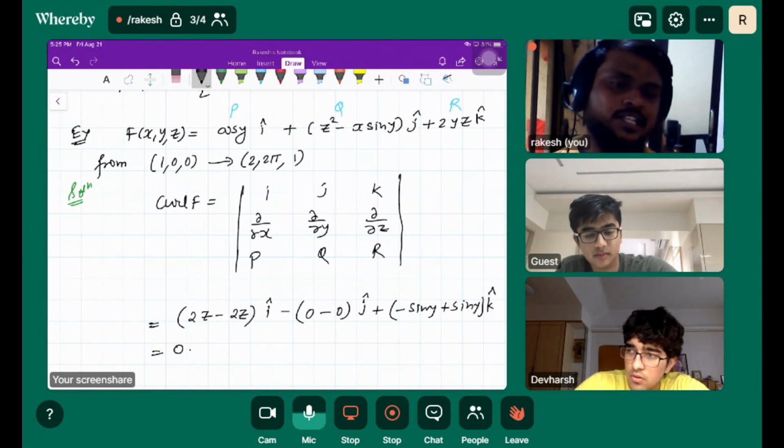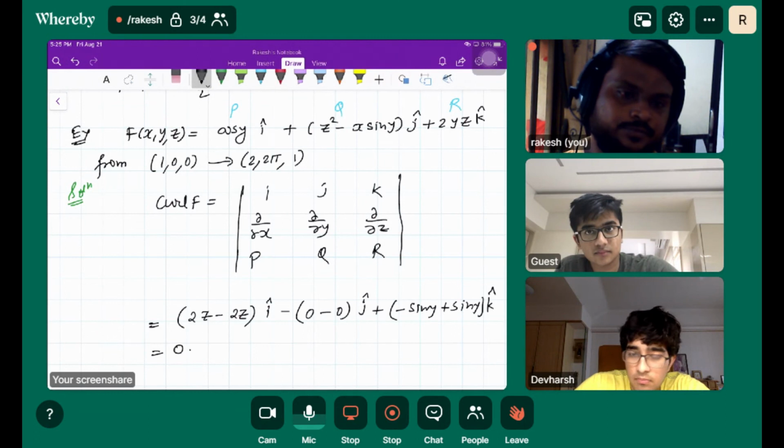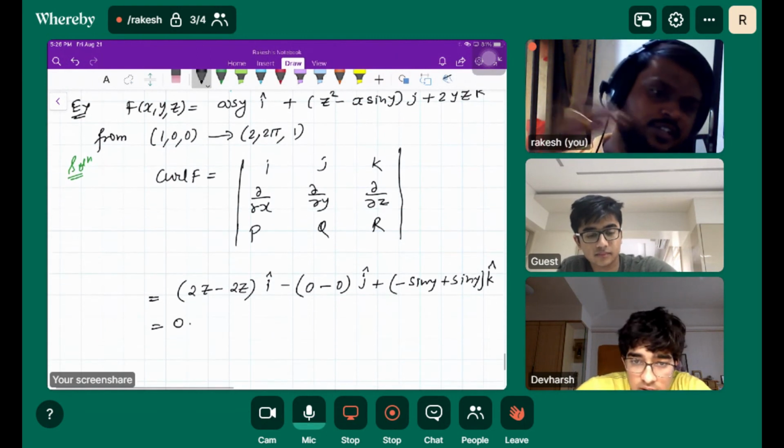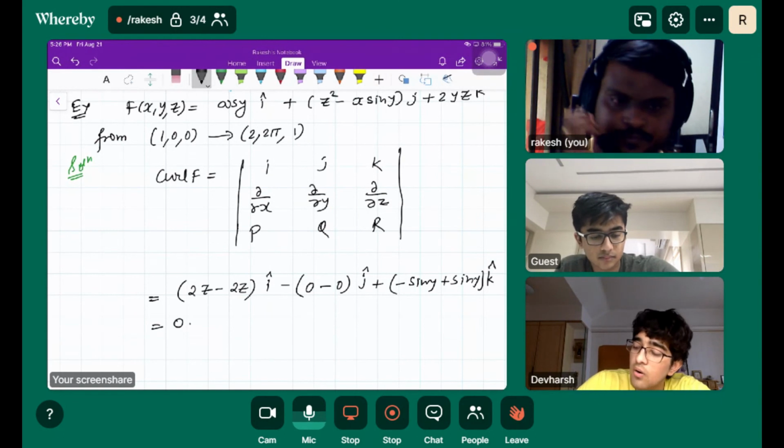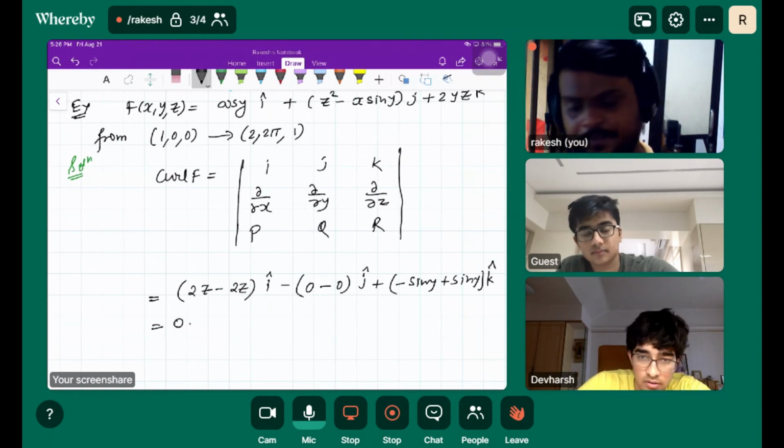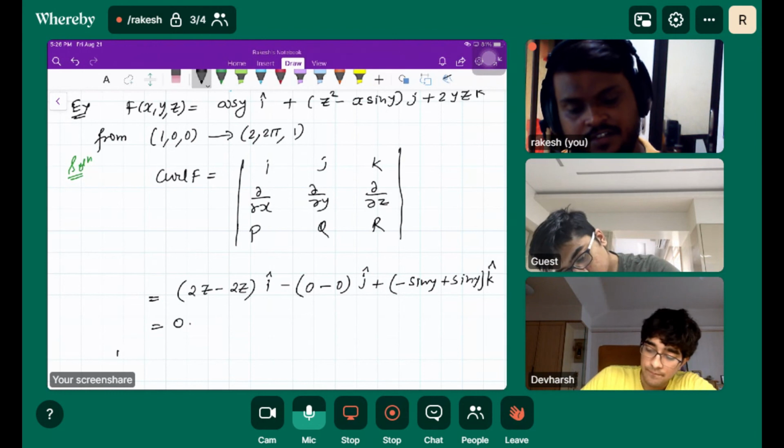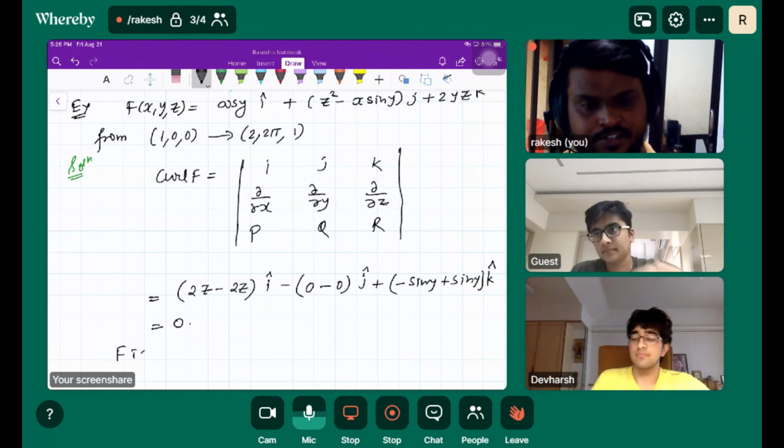So everything will cancel out, you will get 0. So minus sin y. Yeah, so that becomes plus, and because of minus plus, this will cancel out, okay. Got it, right? So now f is conservative,